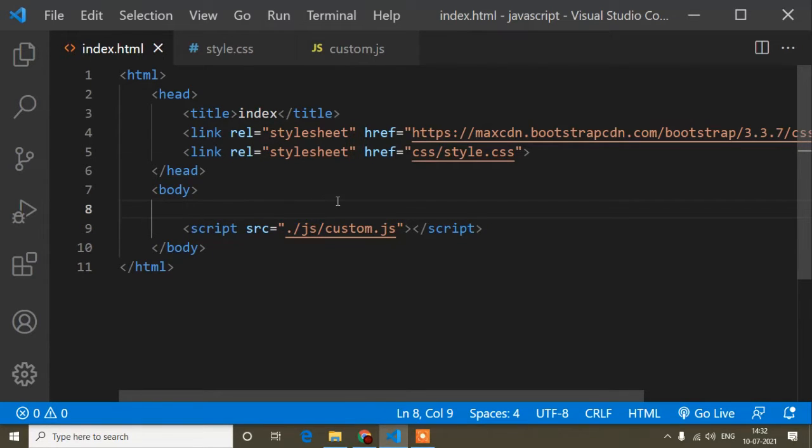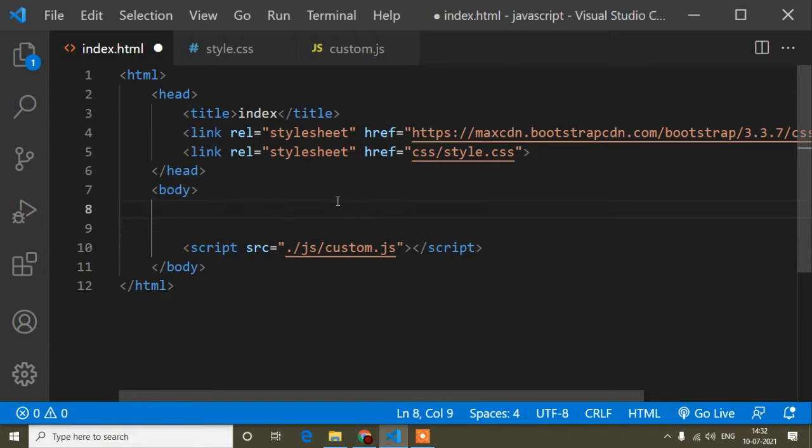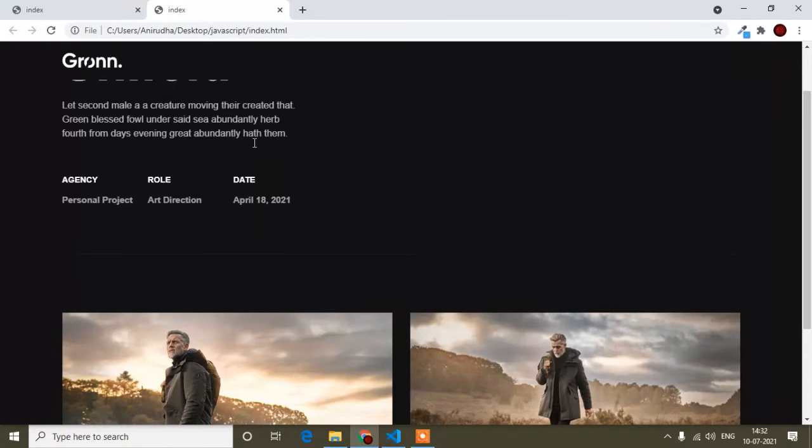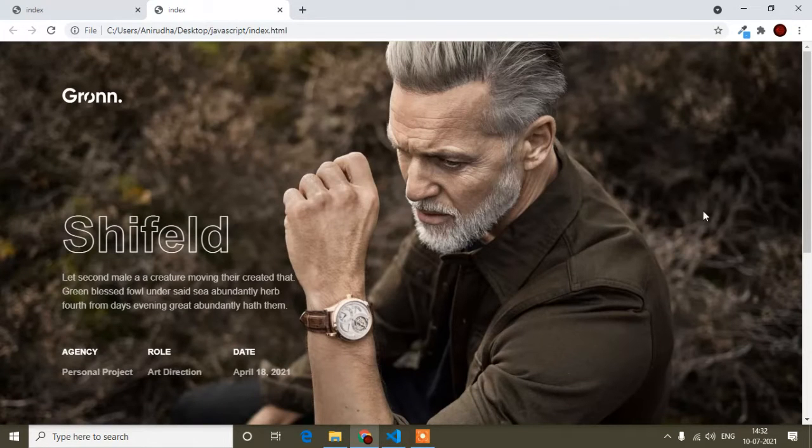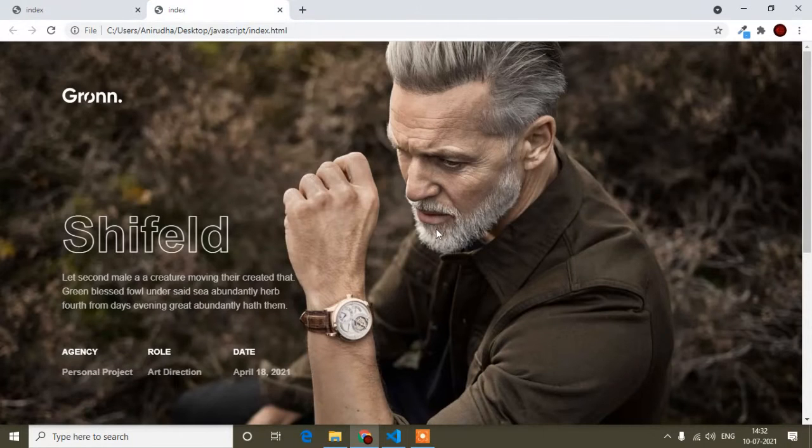First of all, here I will write the code for the background image. I will show you in the preview. You can see this is the background image, so I will create the code for this background image. I will open this design in this tab, and this one is my project. In this one I will create this design. First of all the background image, so here I will create this background image.